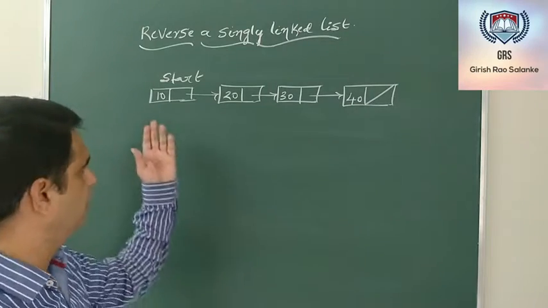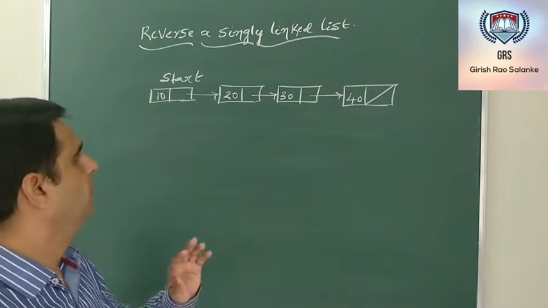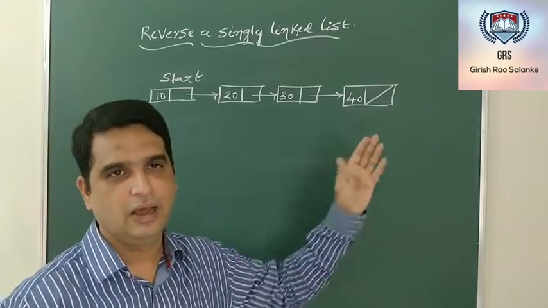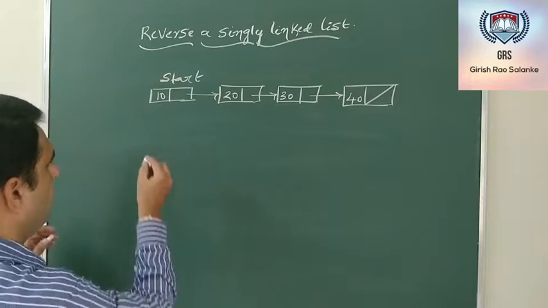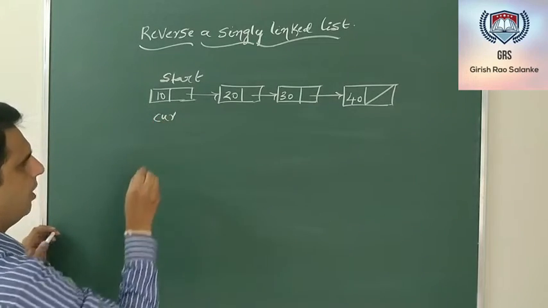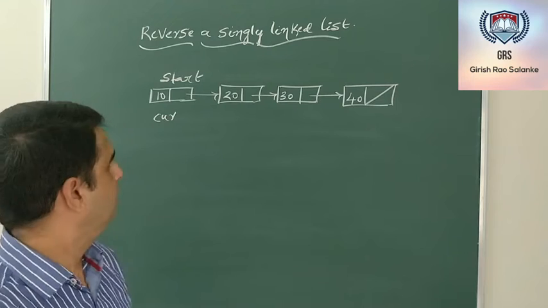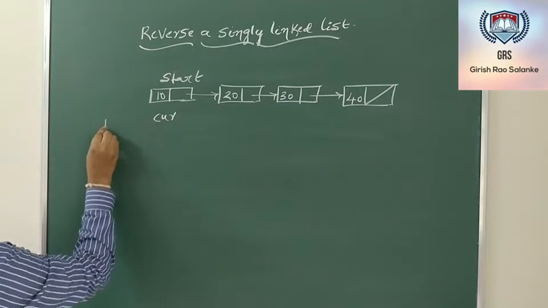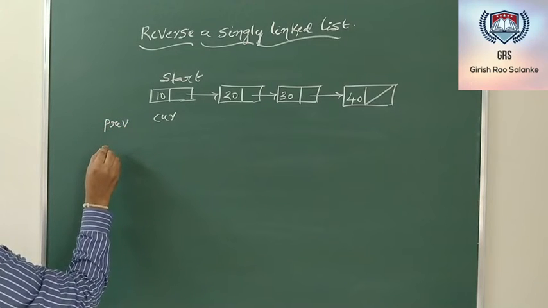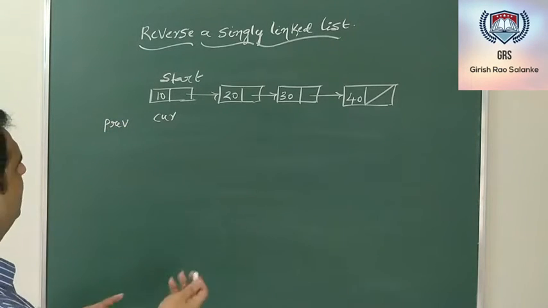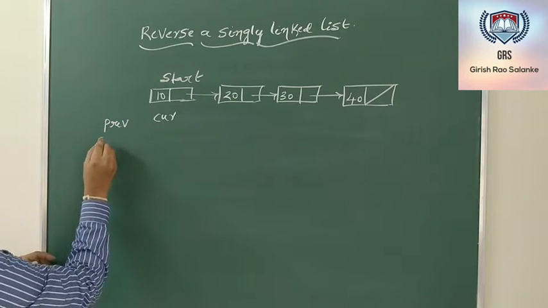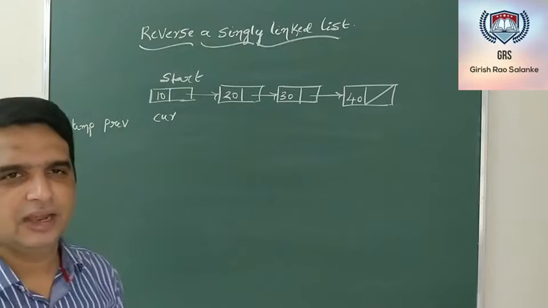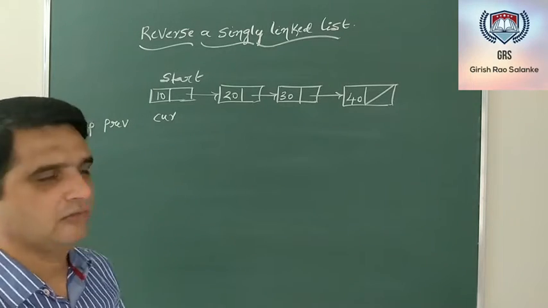Anyway, I know the address of the single linked list. To reverse this single linked list, I need to traverse the linked list from the beginning till end. So what we'll do, we'll have a variable by name current which holds the address of the single linked list, and we'll have two more variables, one as previous which is pointing to null, and one more temporary variable, let me call it temp. Even this temp initially is not holding the address of any node.